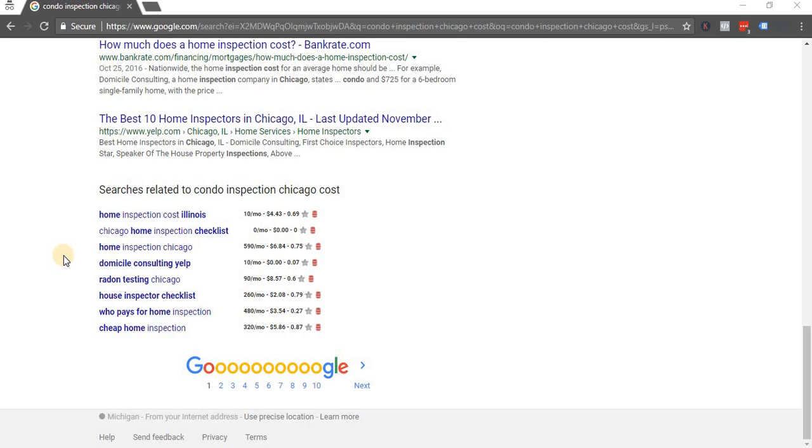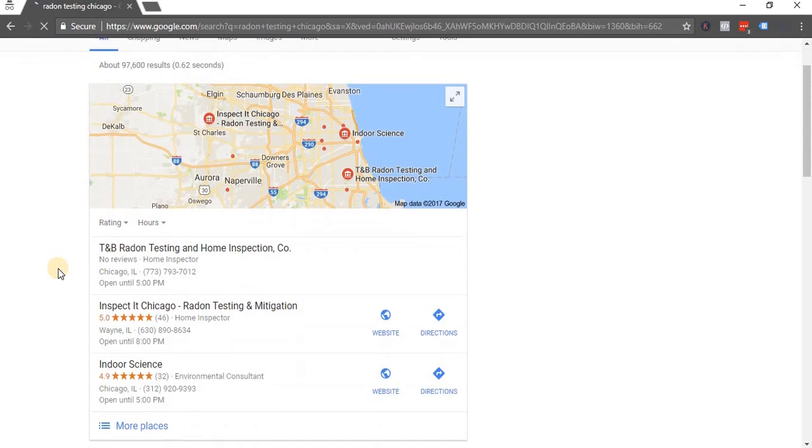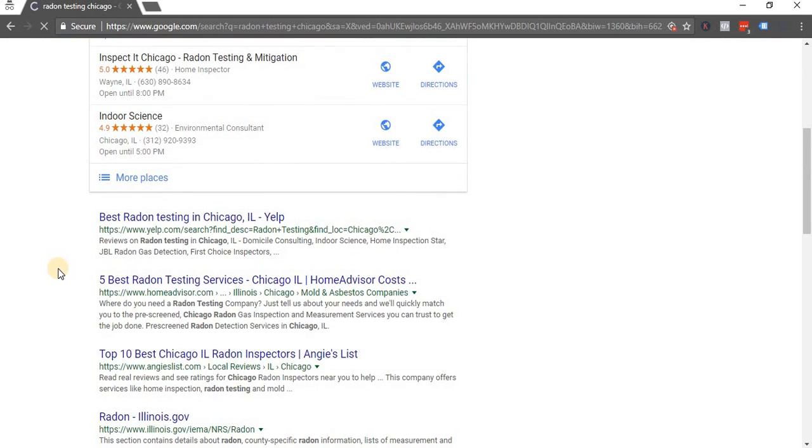So essentially, what we're doing with this method is we're taking out all the keywords that we see that are highly relevant to our services, right? So home inspection Chicago, we already grabbed that one. Radon testing Chicago, that could be a really good local term, right? So why don't we unpack that one a little bit just to give another example of how this works, and then we'll go back to